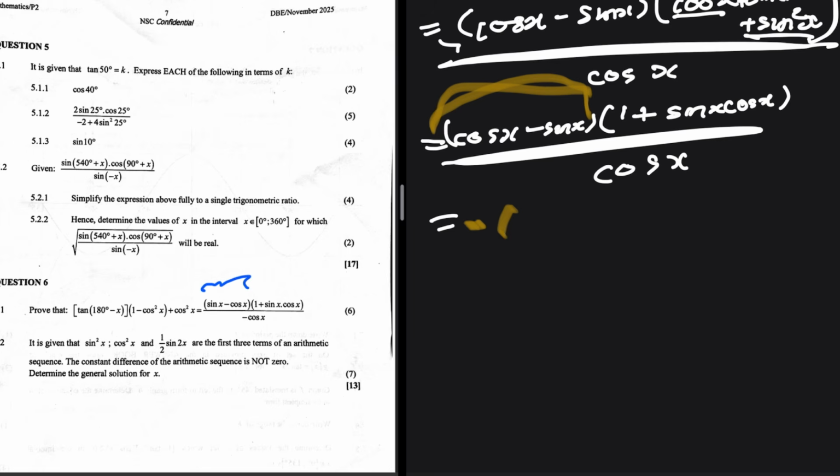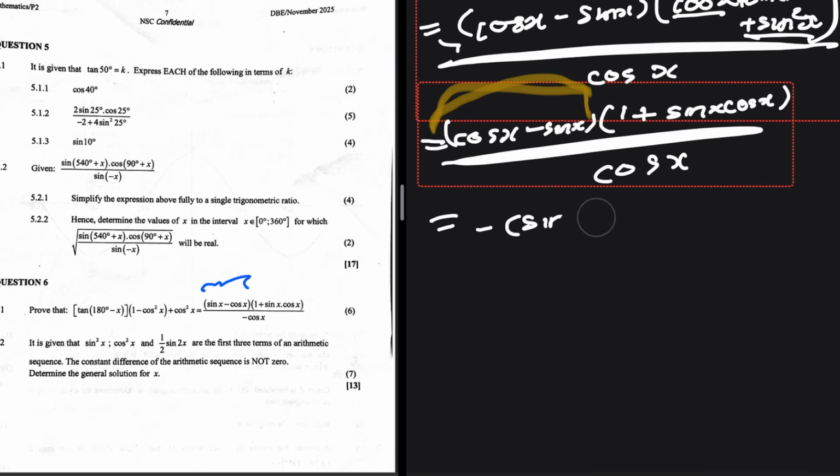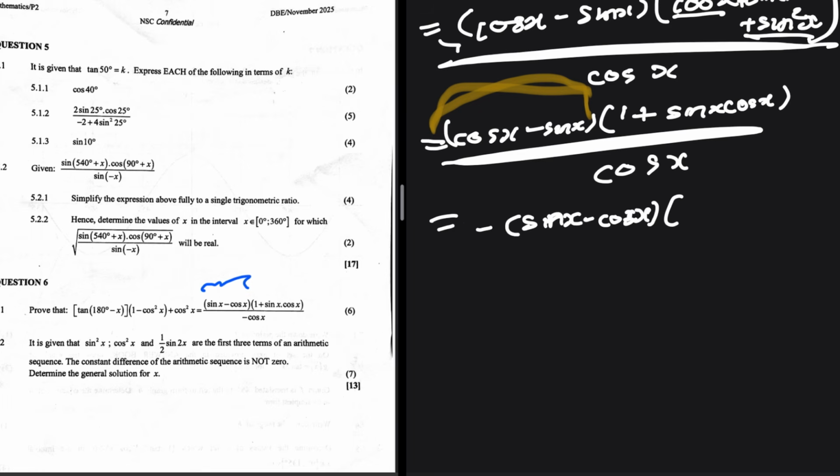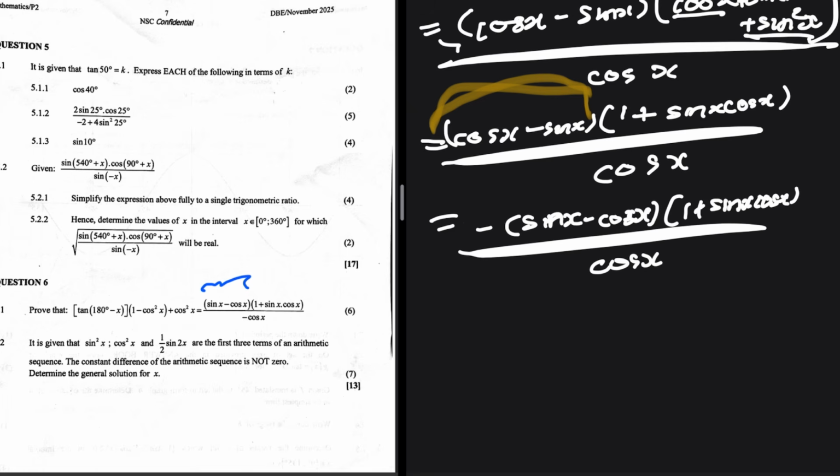So we're going to have negative into sine x minus cos x into 1 plus sine x cos x, and then we divide the whole thing by cos x. So that will be equal to sine x minus cos x into 1 plus sine x cos x all over